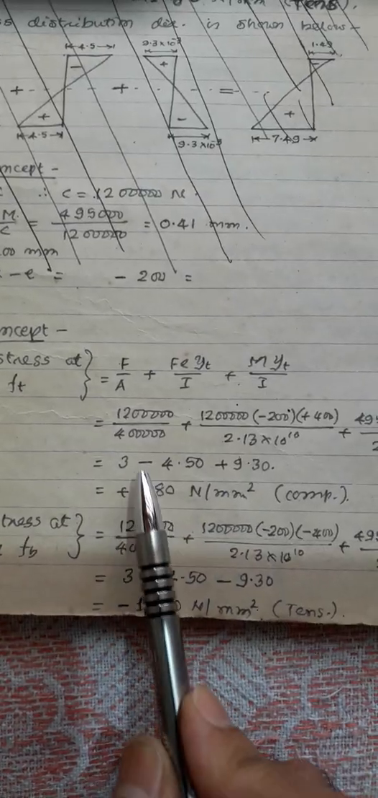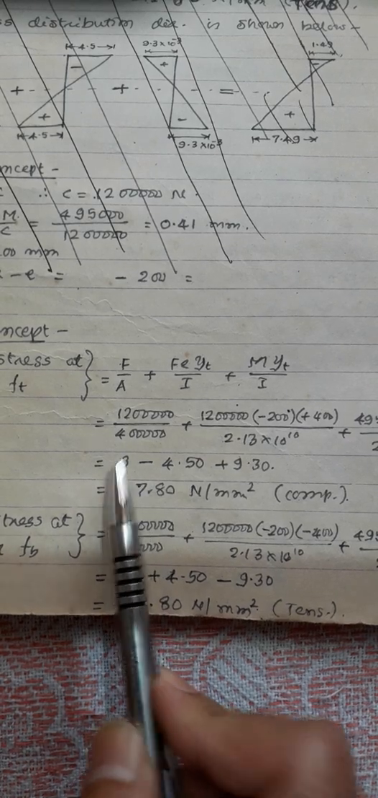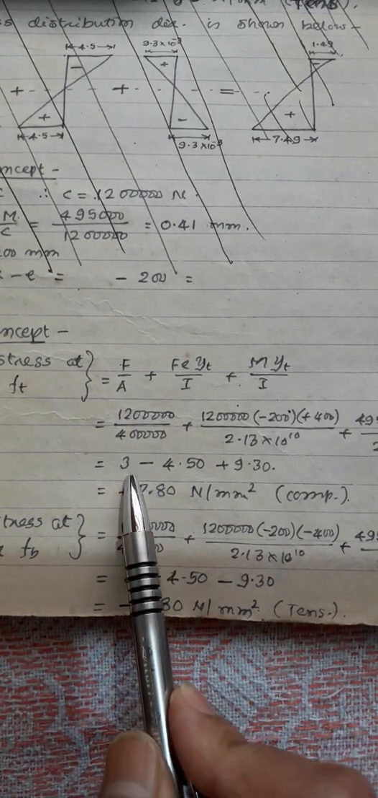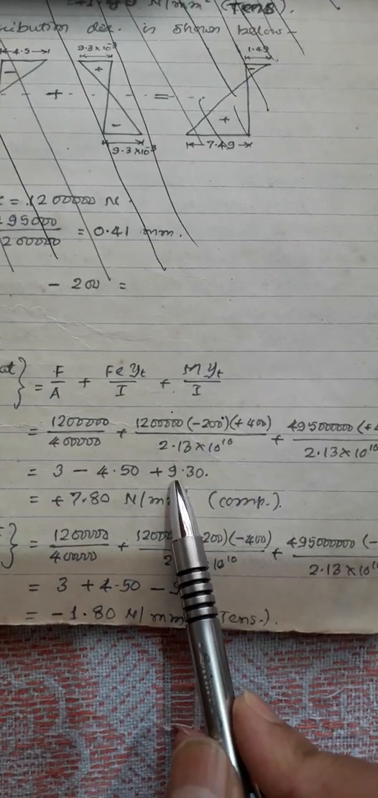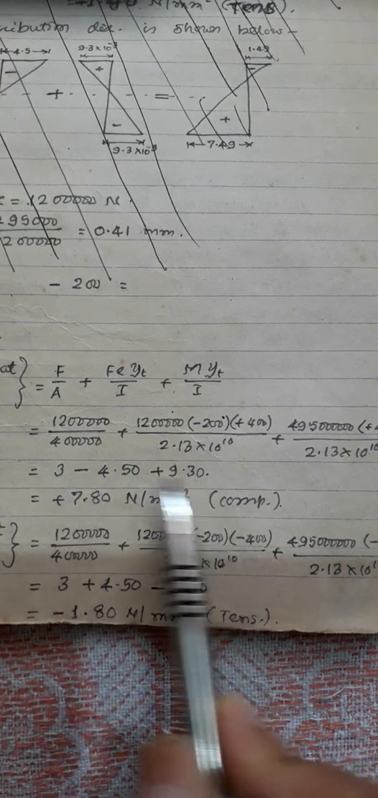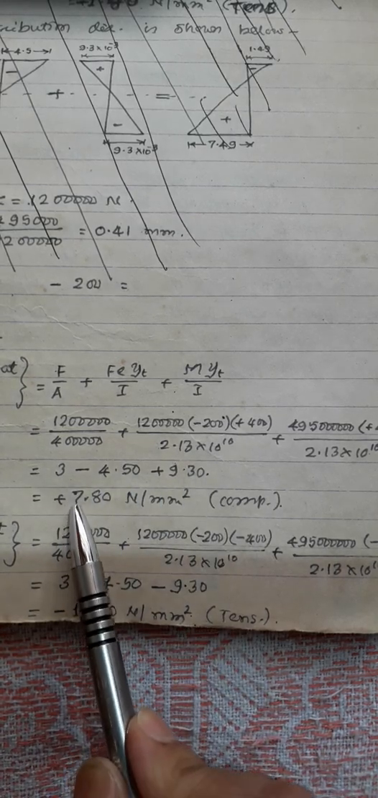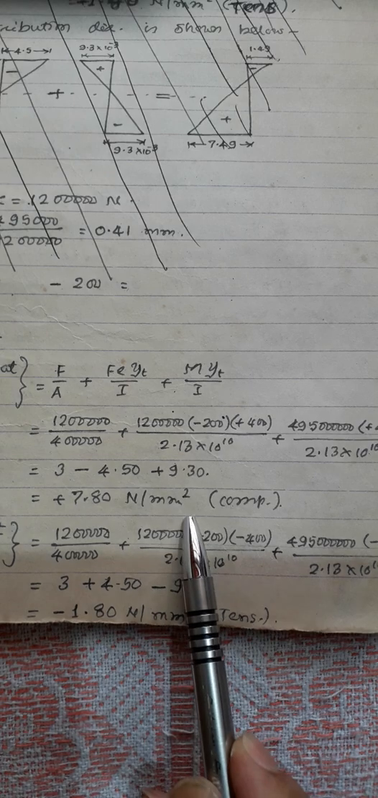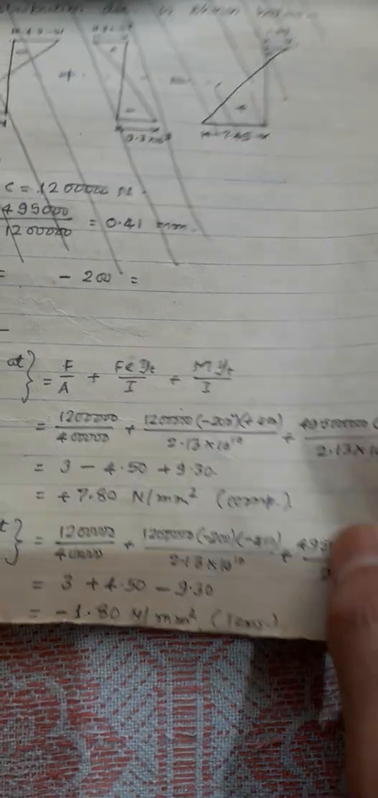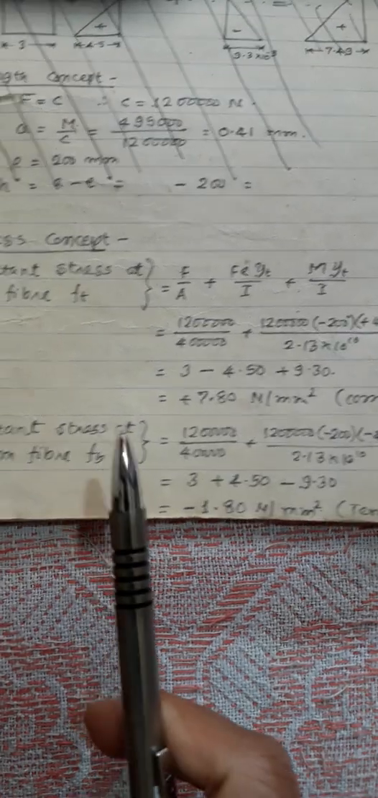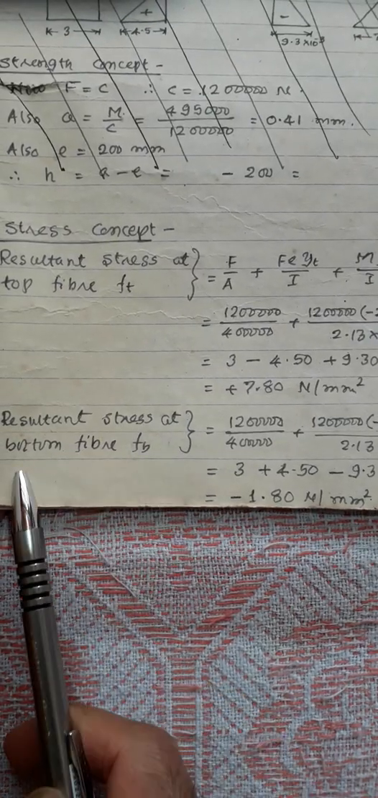So you will get 3 in the F by A term. The FEYT by I term will be now minus 4.5, and MYT by I is now 9.3. When you add them algebraically, you will get plus 7.8 Newton per mm square. The plus indicates that it is compression. That's one thing. Now, similarly, I think you can easily find out the resultant stress at the bottom